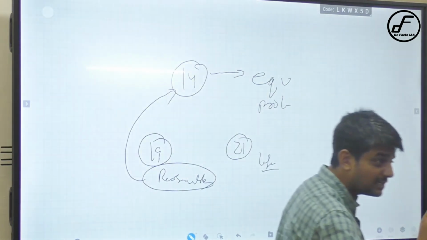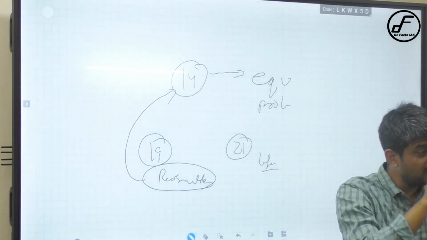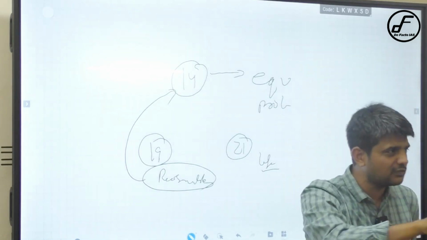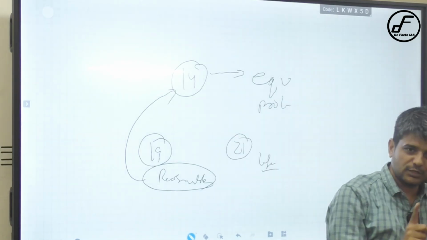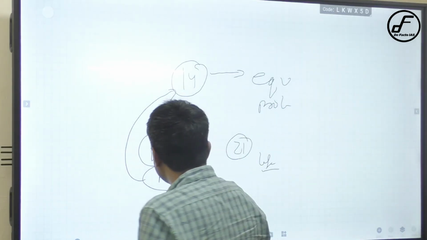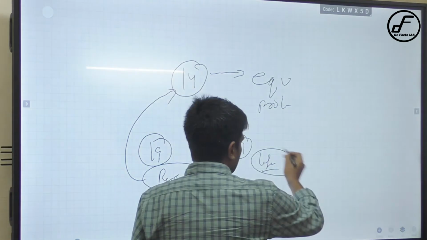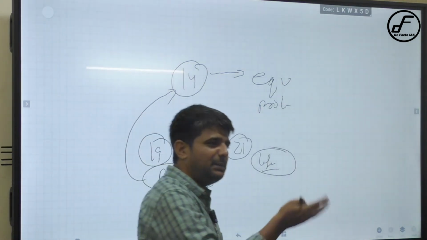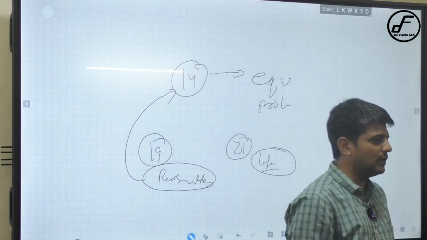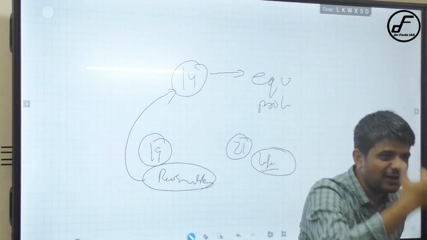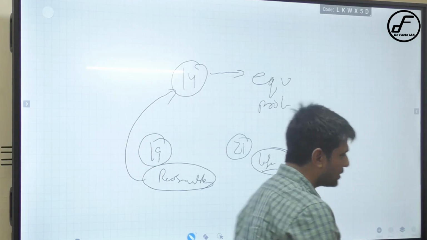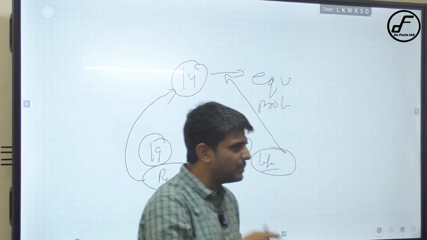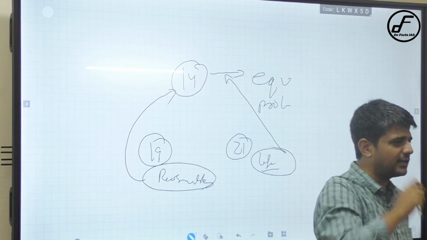Understood that particular point, right? So that is the relationship between 14 and 19. If a reasonable restriction is imposed, the manner in which it is imposed must satisfy the requirement of Article 14. Understood? The second thing concerns life and personal liberty. Here it says life and personal liberty can be taken away by procedure established by law. That procedure which takes away your life and personal liberty must again satisfy the requirement of Article 14.